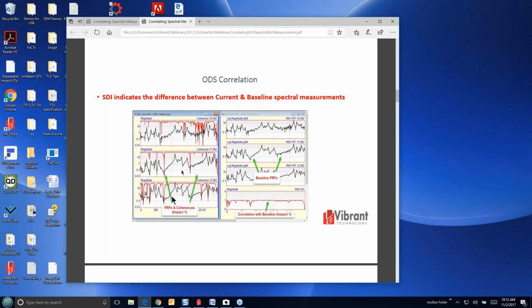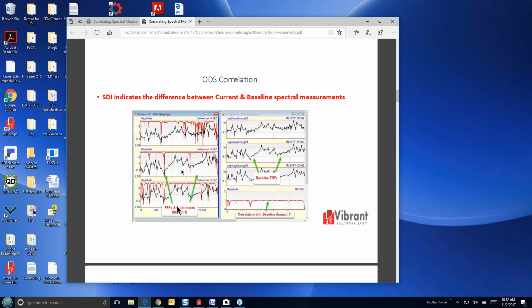The coherence is a correlation between the impact force and the response acceleration. It's an indication of whether we're making a good measurement. In other words, is the response I'm measuring linearly related to the force that I'm measuring with the hammer.